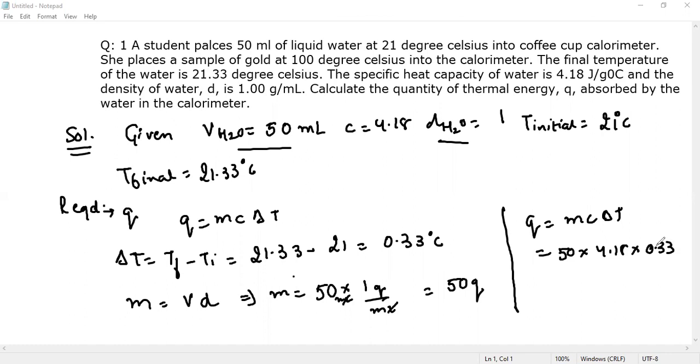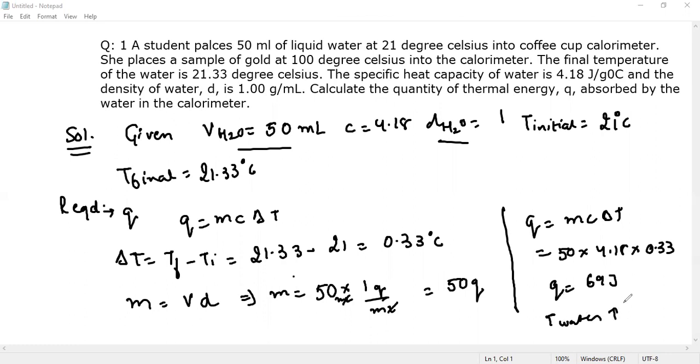So this is what we have found. And if you go ahead and put these numbers in the calculator, Q will be equal to 69 joules. So this is the energy that water absorbed. Since the temperature of the water is increasing,